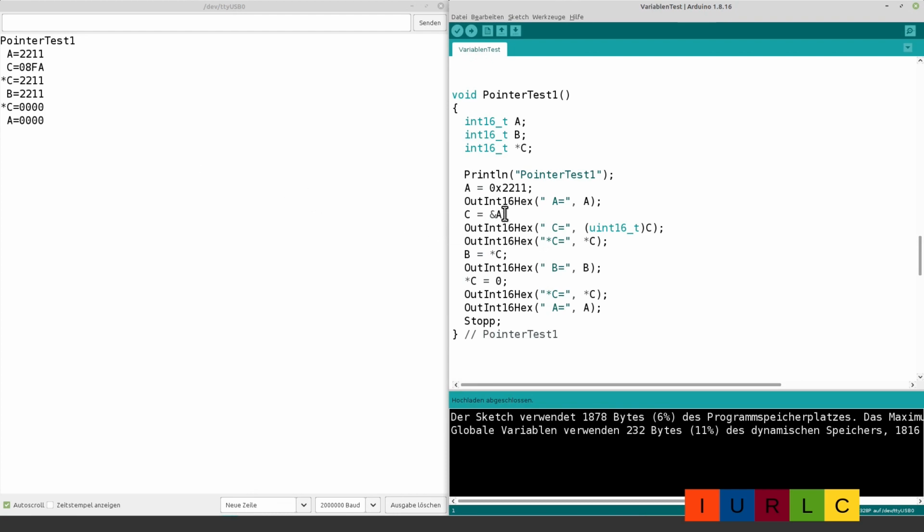Now we load the address of variable a into the pointer variable c and output to the monitor the message c equal and the 16-bit value in hex format of the variable c. And here we must do a type conversion because an address is not compatible to a normal 16-bit number without type conversion. And then we send the message asterisk c equal and then the 16-bit value in hex format of the variable to which c is pointing. And we see on the monitor here c equal